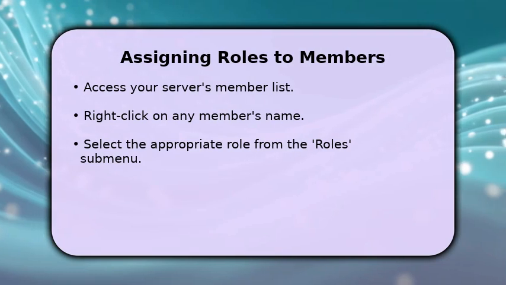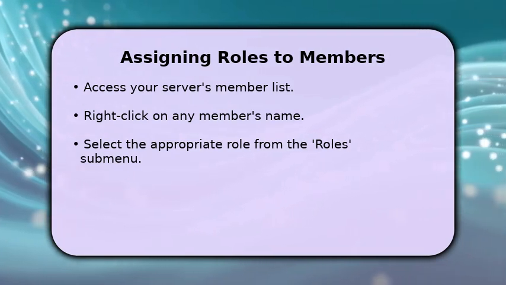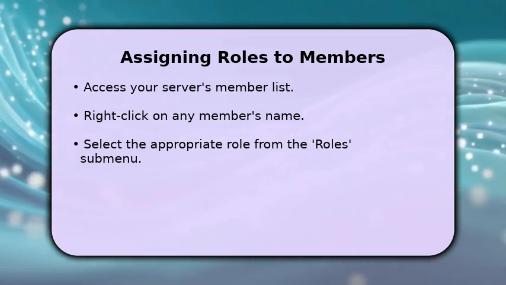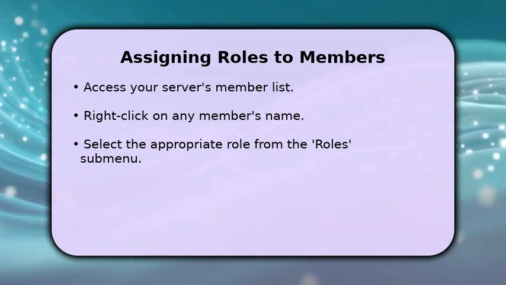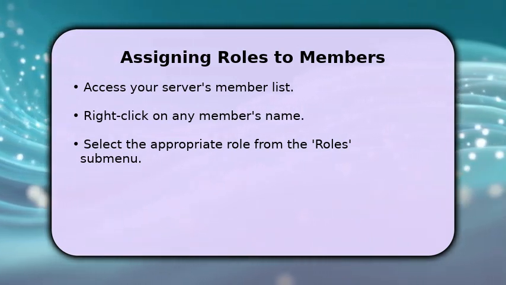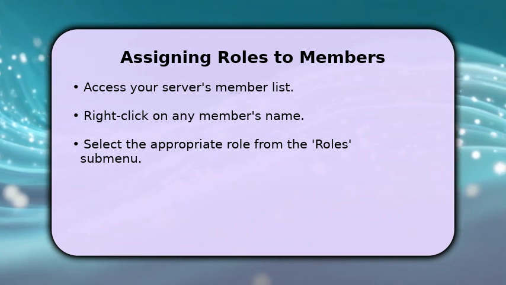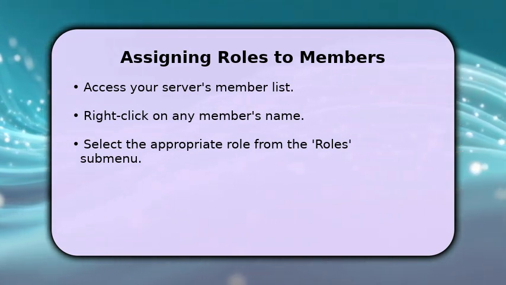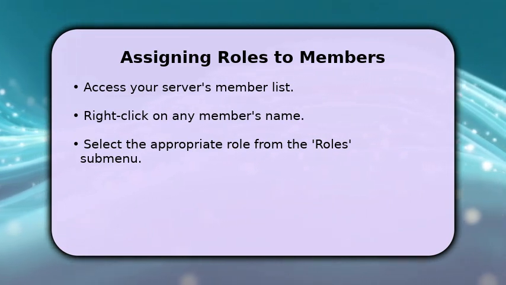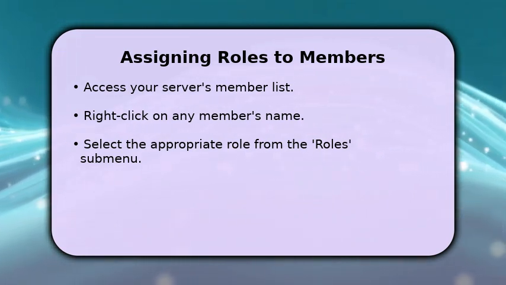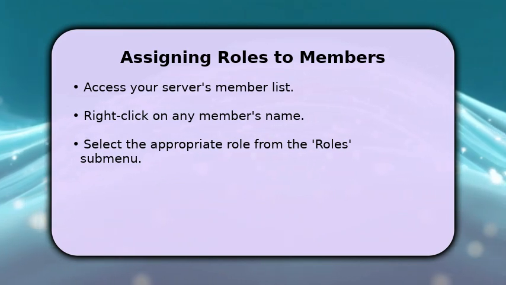With your roles created and permissions set, the final step is assigning them to your server members. Navigate back to your server's main view and locate the member list on the right side. Find the member you wish to assign a role to, then right-click on their name. A context menu will appear. Hover over the roles option, and then simply click on the role you want to give them. It is that easy to